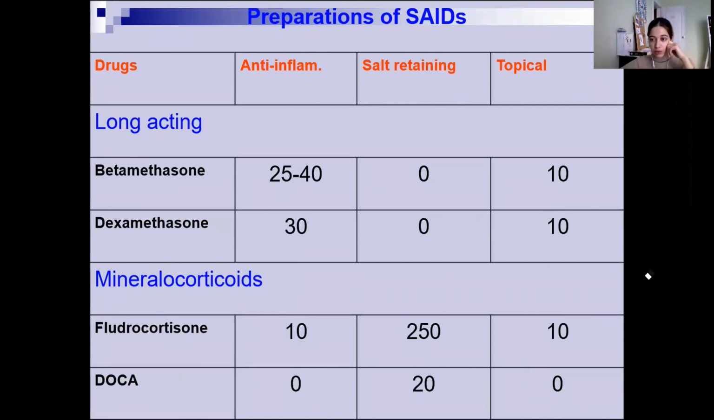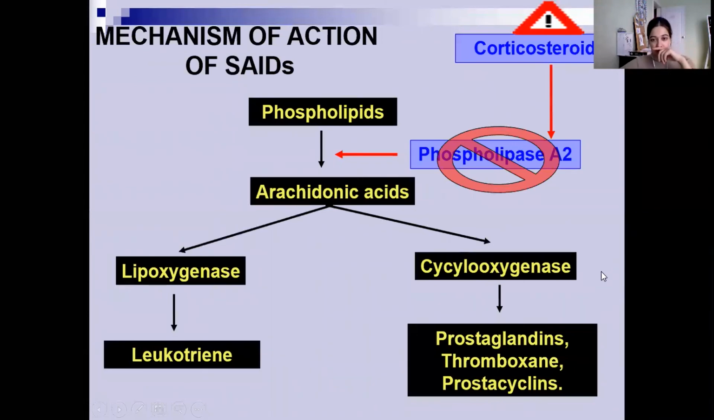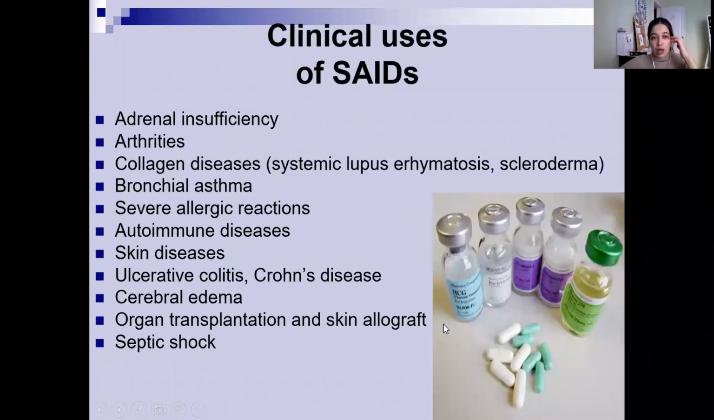Okay, let's go further. Again, here is the mechanism of action. Once again, see it, make a photo. Remember somehow that glucocorticoids stop phospholipase A2, which inhibits the formation of arachidonic acid from phospholipids and prevents the cyclooxygenase formation of prostaglandin, thromboxane, prostacyclin, and with lipoxygenase the formation of leukotrienes. So the clinical use of steroid anti-inflammatory